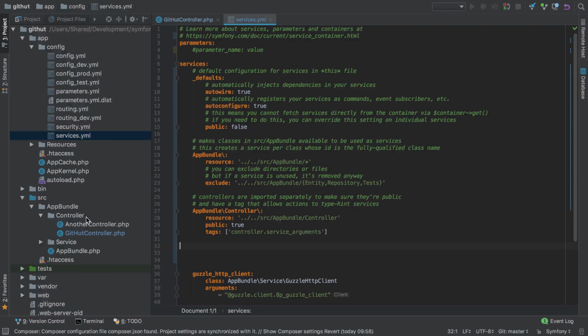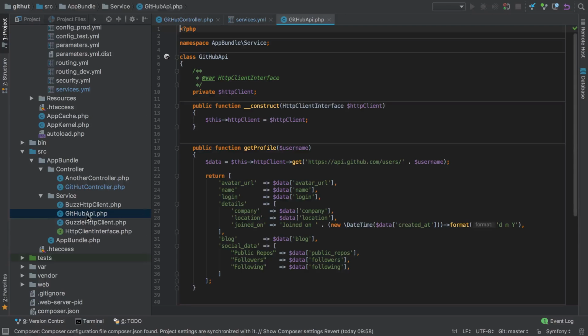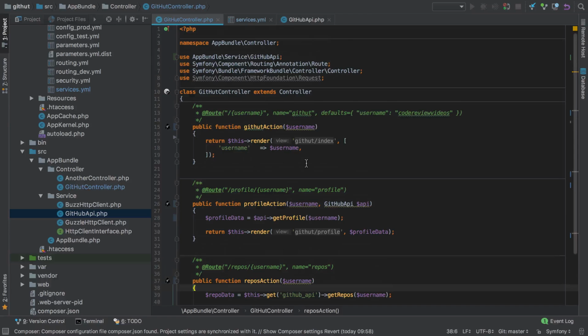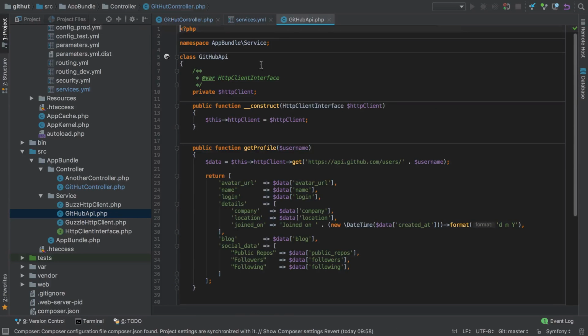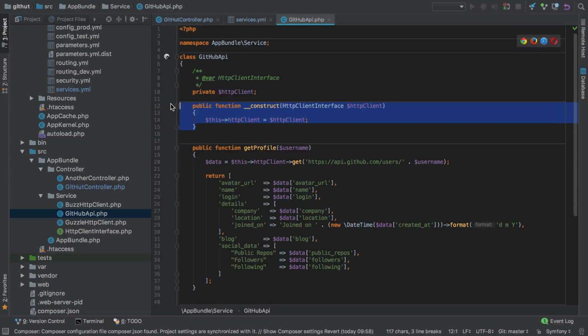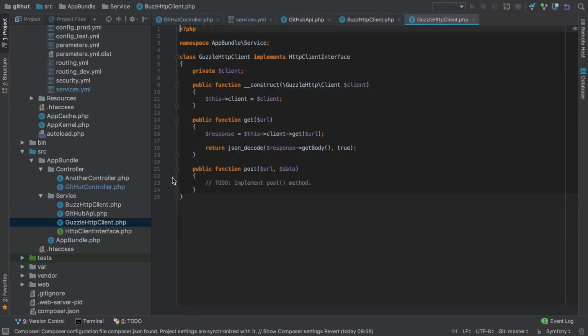But if we jump back into our code, we go to our service, and what it's trying to do here is get something to represent this GitHub API and inject it into our GitHub controller. And this is where it's all going wrong, specifically here at this point. And so we can see GitHub API as a service, when it's tried to be newed up, it requires something implementing our HTTP client interface. Now this is good because we're working to an interface and the implementation can change. We've got a Buzz HTTP client implementation of our HTTP client interface, and we've also got a Guzzle implementation of